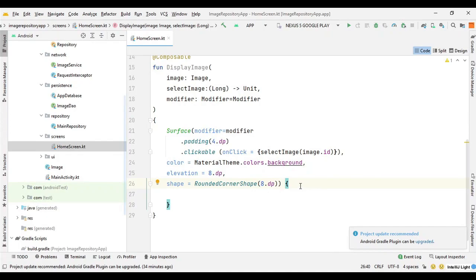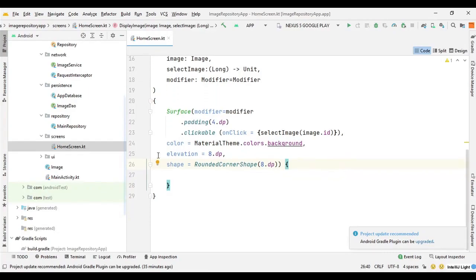After defining surface, we can define the screen component, and for that we need to use ConstraintLayout. So we will be needing the dependency for ConstraintLayout. So let's add the dependency.